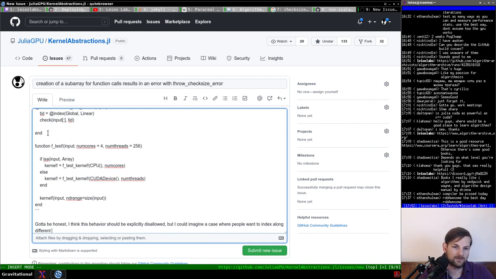Gotta be honest, I think this behavior should be explicitly disallowed, but I could imagine a case where people want to index along a different subarray or something. The reason, let's see, I recognize it's not particularly useful. I think there are almost always workarounds for this, but